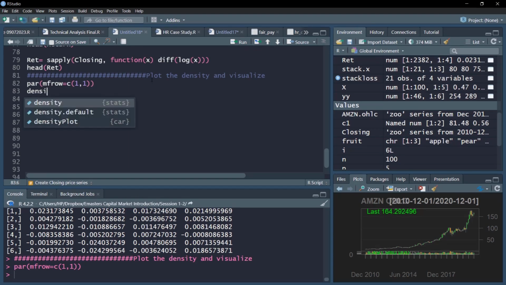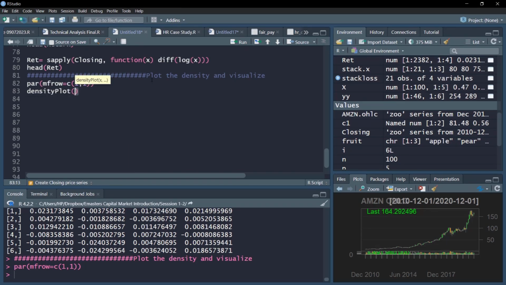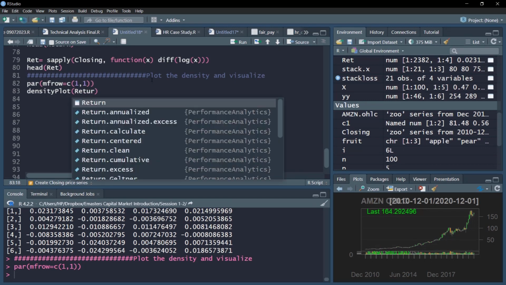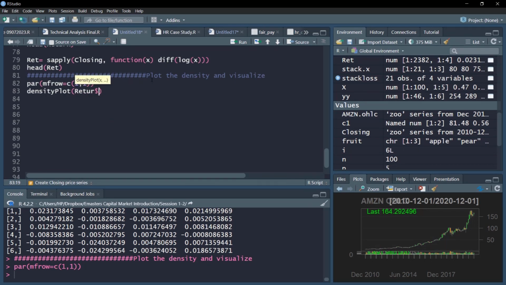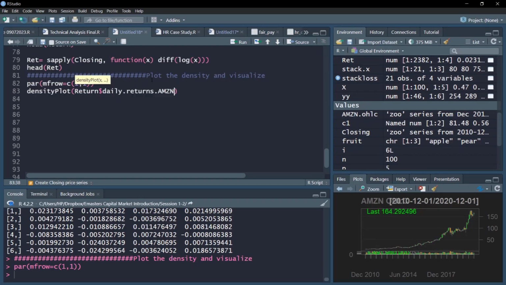Then let us use this density plot command. This is a very useful command in our package. All I need to provide is the return data. Return, we have already created our return data, so we'll use this daily return for Amazon, and let us give a line width of 2. We already know these arguments. Color is red, and a central heading to tell that this is a density plot.